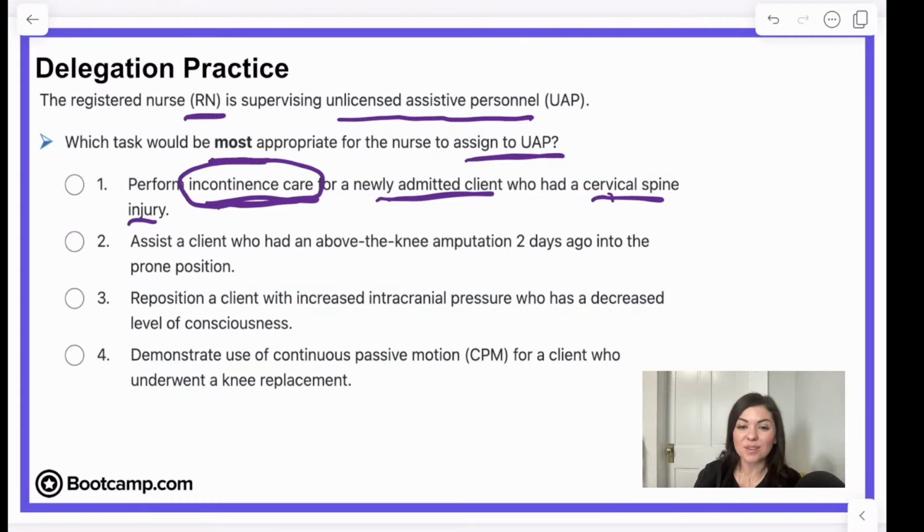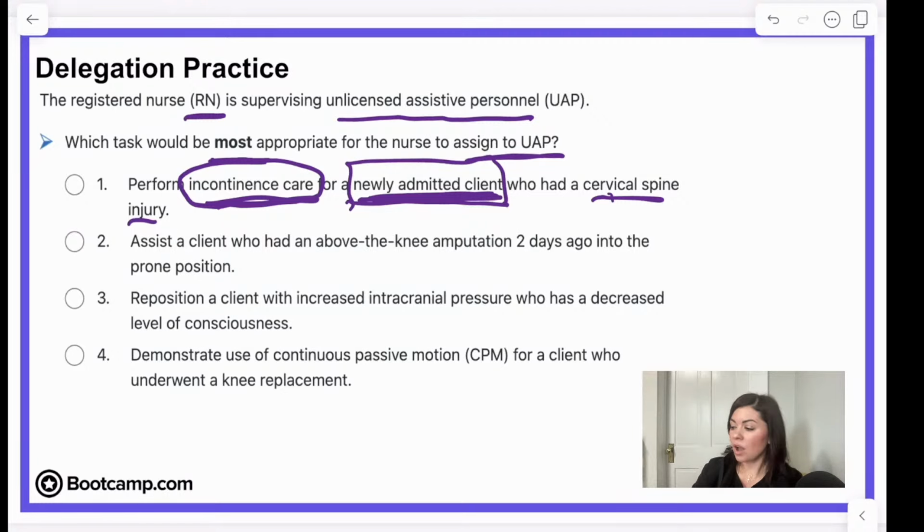We always have to look at the information that's actually in the question. So this is our key word, newly admitted client. I'm going to go ahead and give you a helpful tip for NCLEX. Anytime you see the words just arrived to the unit or newly admitted client, that, guys, is an unstable client. Okay, so we haven't even seen them yet. For all we know, they could be in there not breathing, no pulse. So that's a big old red flag that this is a high priority patient because they are considered unstable until